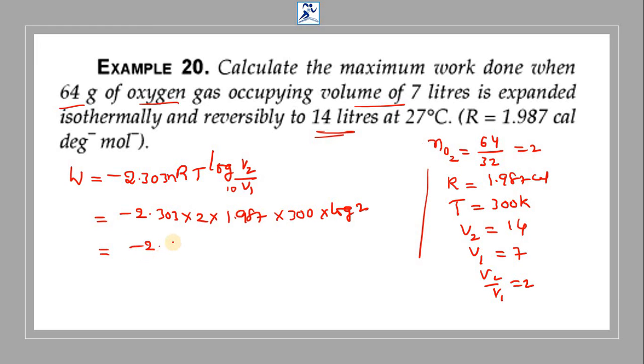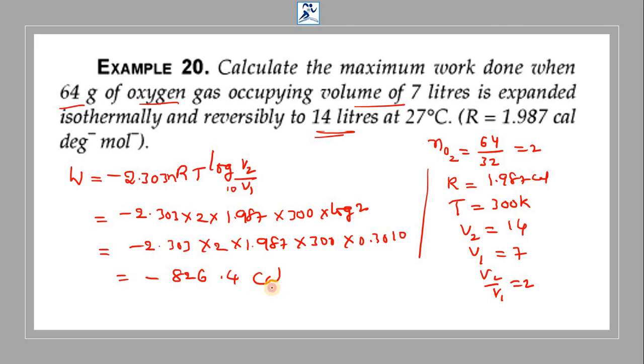So it is minus 2.303 into 2 into 1.987 into 300 into log 2 answer 0.3010. Upon simplification you will get minus